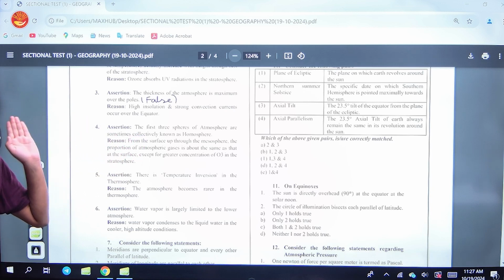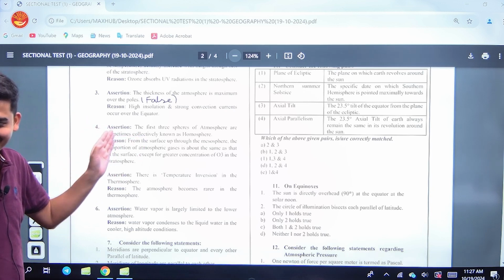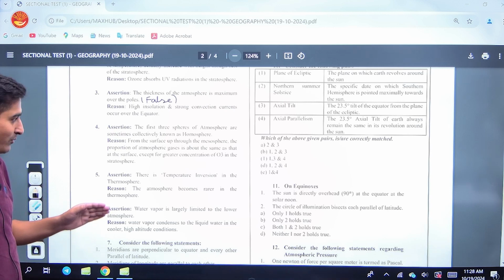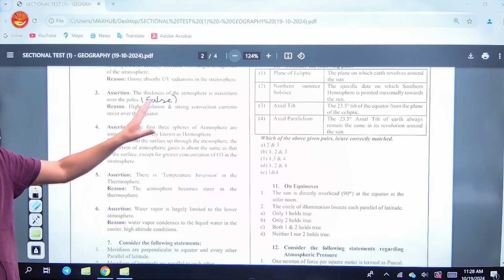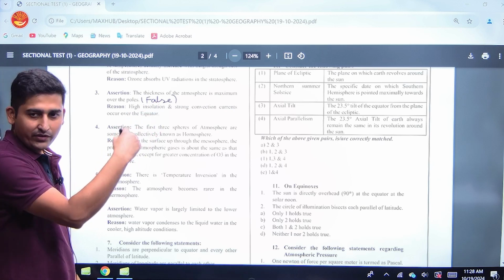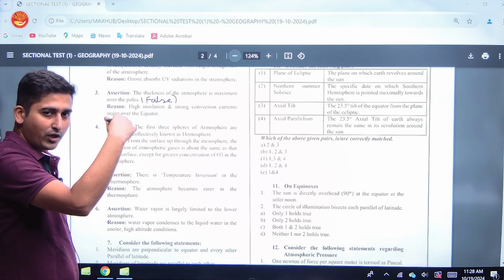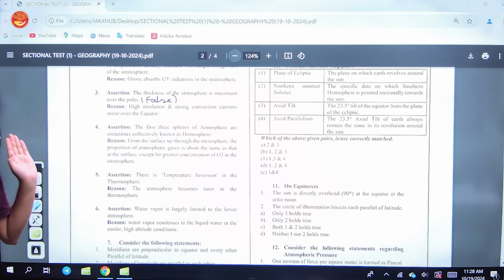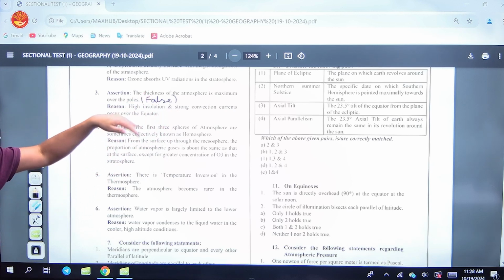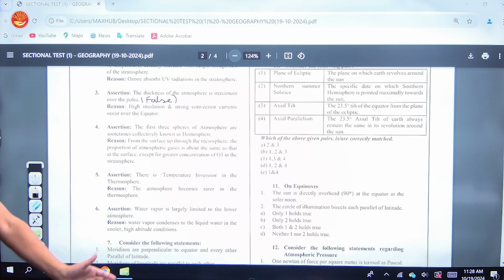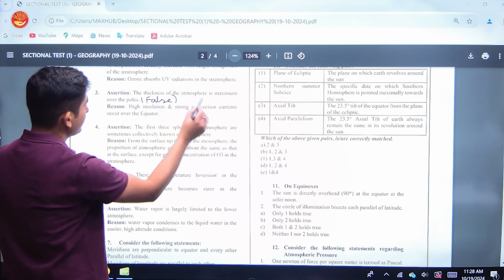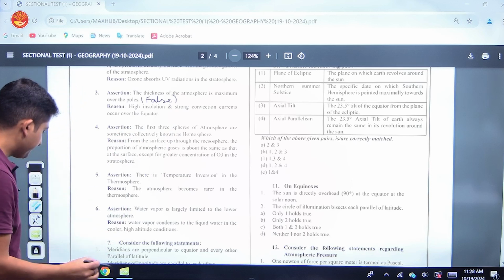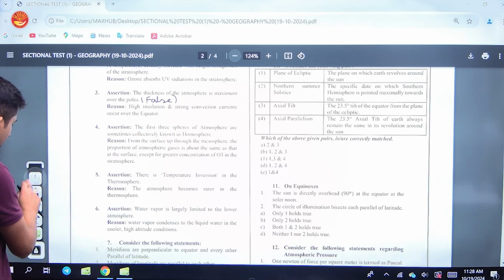ठीक है। या मैं किस तरह सोच रहा हूँ, अभी मैं डिस्कस कर रहा हूँ तो मेरा दिमाग ज़्यादा तेज चल रहा है, ठीक है। But you just don't worry about that, उसमें भी कोई गलती नहीं होगी, I am damn sure about that thing. But यहाँ पे ज़्यादा ध्यान दो, the thickness, because I am giving you something, I am also going through the content that we have already discussed. The thickness of the atmosphere is maximum over the poles, okay, this is false, this is definitely false, because if you remember